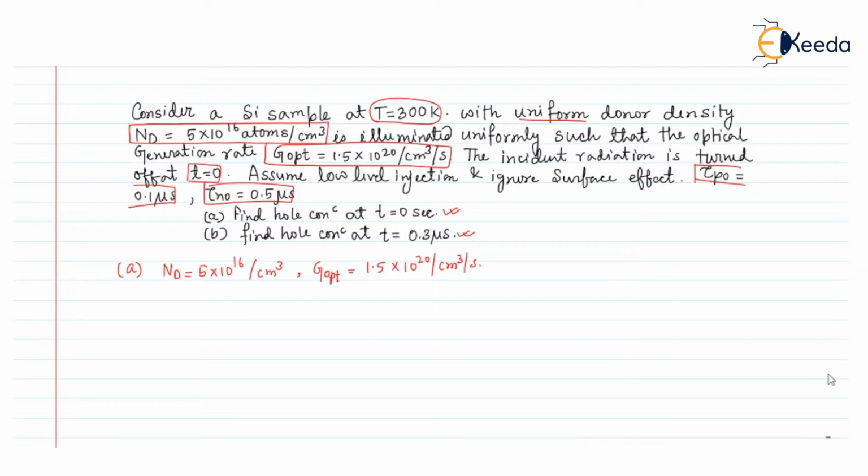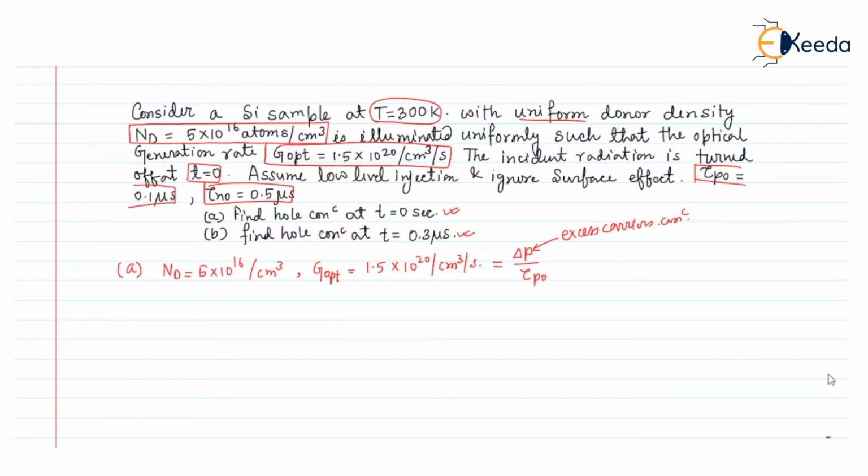Now the light has been turned off at T equals 0, assuming low-level injection, and if we ignore the surface effect, then we can say that this G optical will be equal to del P divided by tau P0, where del P is the excess carrier concentration